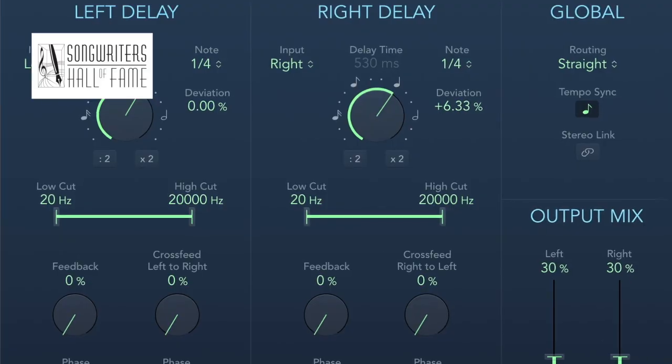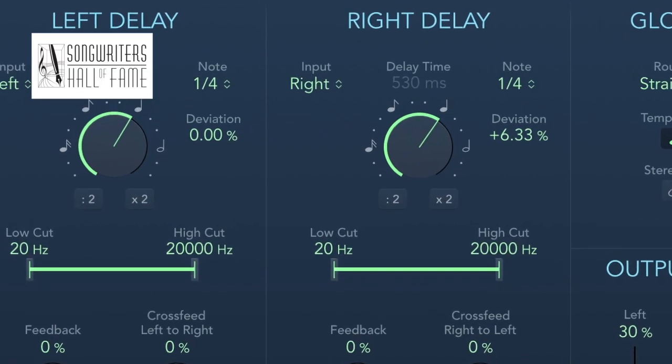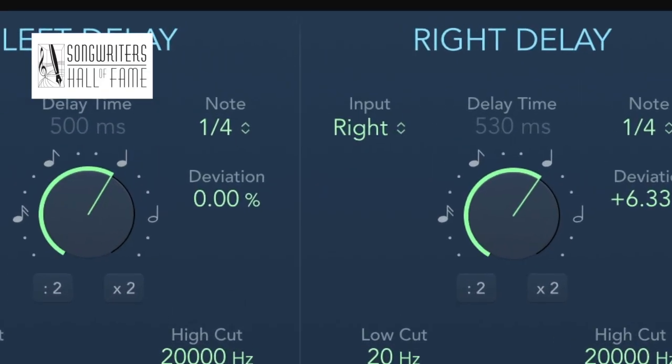But now, let's take advantage of the earlier idea of widening, applied to the quarter note echo. Let's hear what it sounds like when the echo itself is widened using the 1 to 30 millisecond guideline we talked about for widening. This is the strength of a stereo delay plugin. If you also add the idea of feedback to this, there is a whole world of sounds for you to